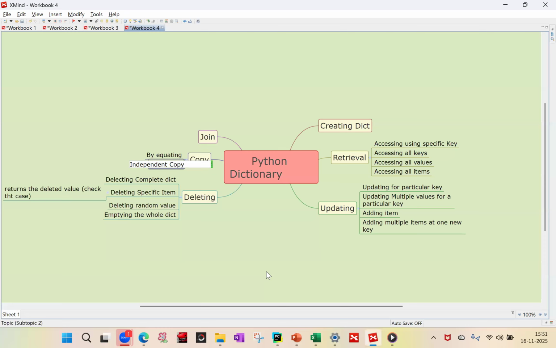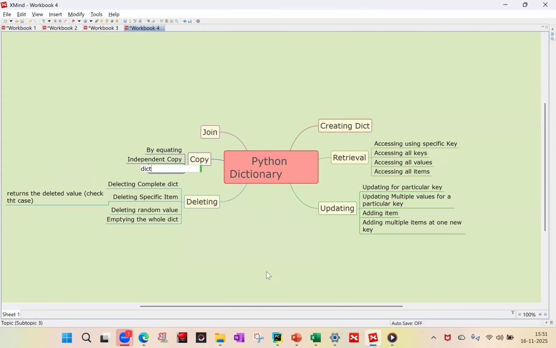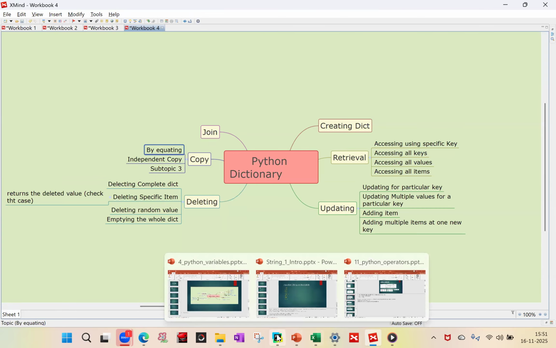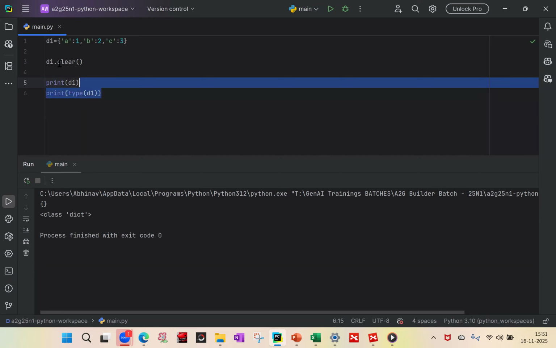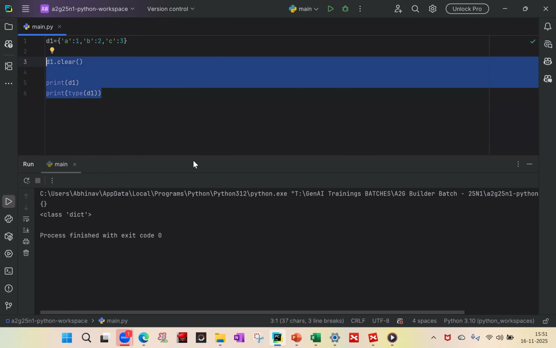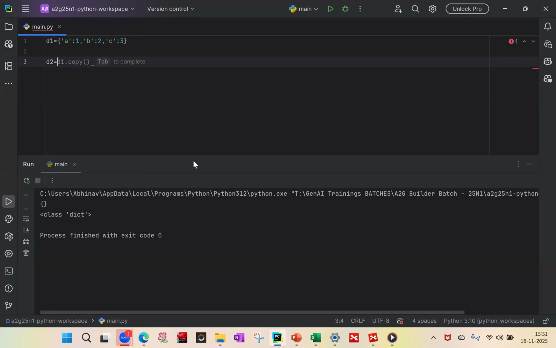Third is by the inbuilt dict function. So let's see one by one. First one is by equating. Let's see how we copy a dictionary by equating. Let's say D1 is the dictionary that we are using so far. D2, if I equate it to D1,